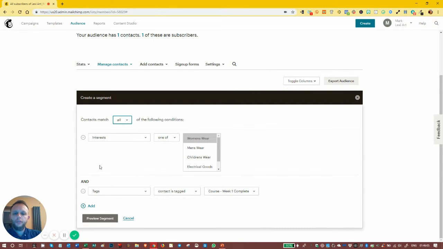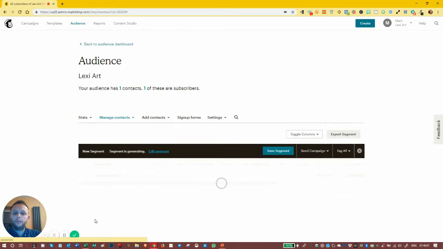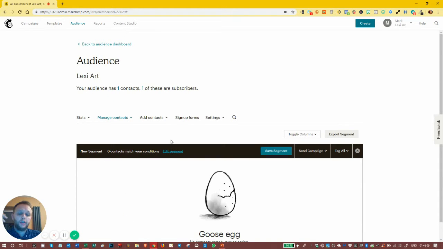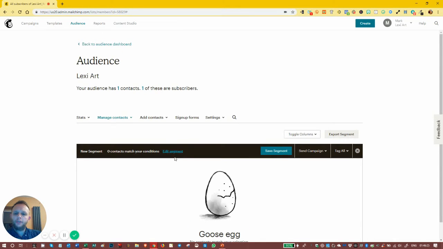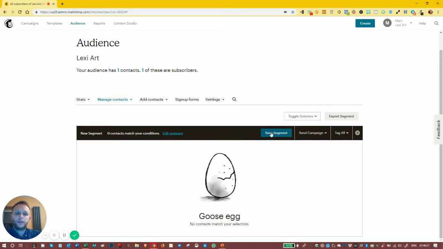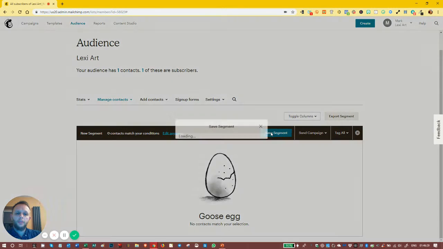So yeah, once you've done that, you can click on preview segments. Now it's going to give me an error here that says nobody matches your selection, because I haven't got people on my list yet. I haven't got anybody in a group, and I haven't got anybody with any tags. But even though nobody matches, we can save the segment like so, and